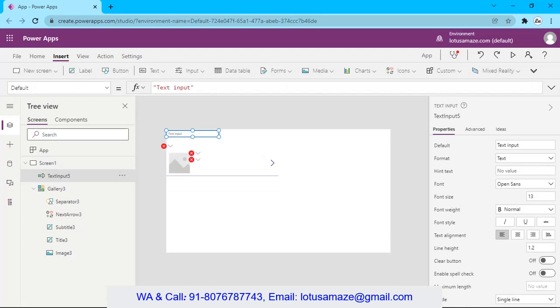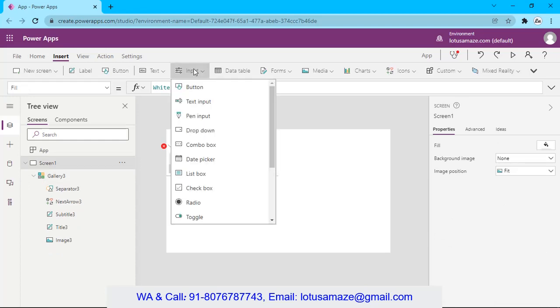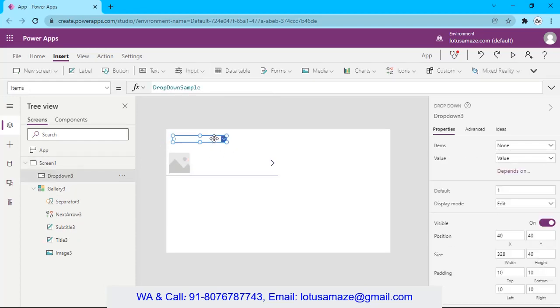Now we check how to use the filter function. So first of all, we remove this input box and take a drop down. Input, then drop down. The items property of the drop down, we define the multiple value and we define the list of the product. In bracket, say all, second, pen,